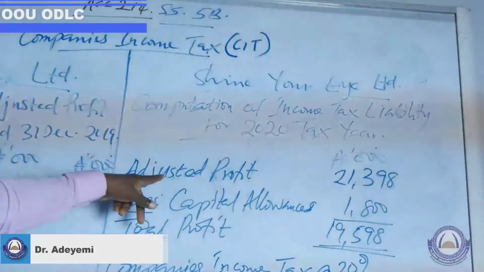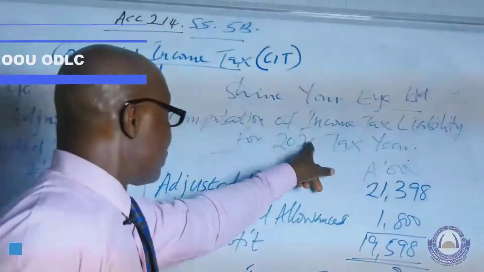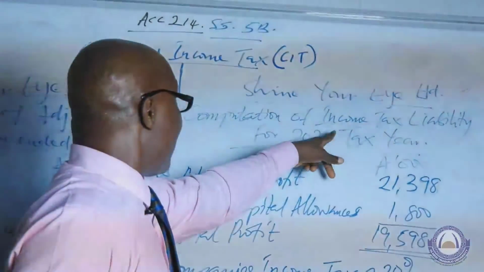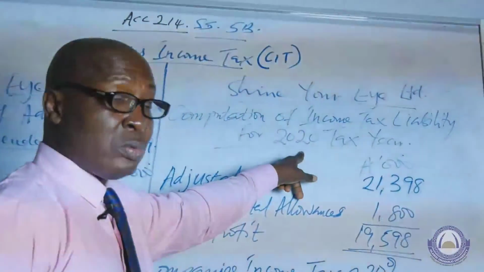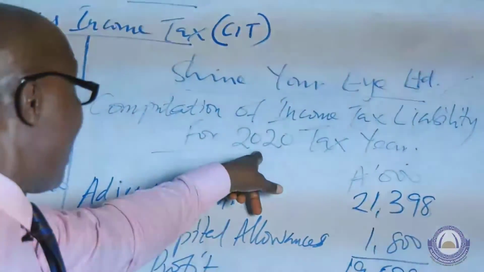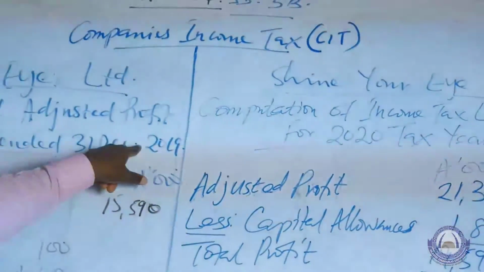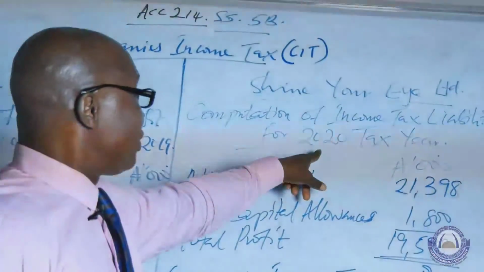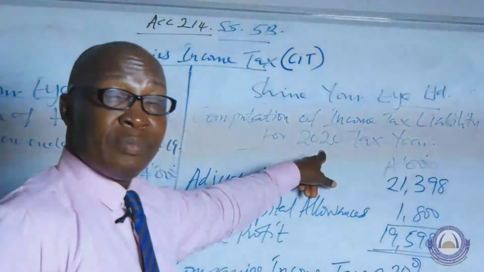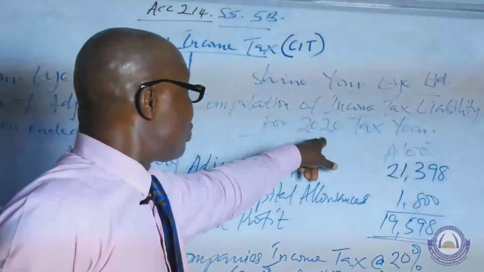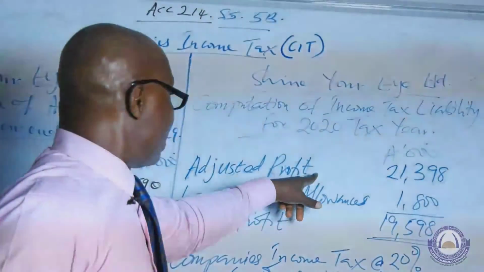And that's why we are carrying it here, 21,398,000, in the computation of the tax liability for the year. Of course, like I said earlier on, the tax liability is in the year 2020. Why? Because the adjusted account is for the year 2019. And since the tax liability will be for the 2020 tax year, that's the basis period. The basis period for the year ended 2020. So the adjusted profit,